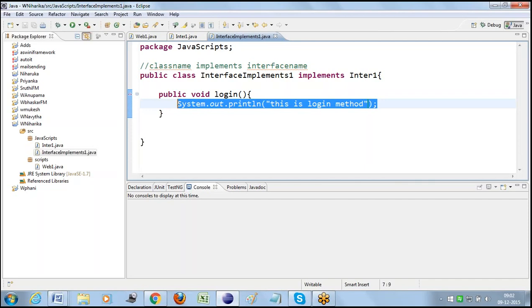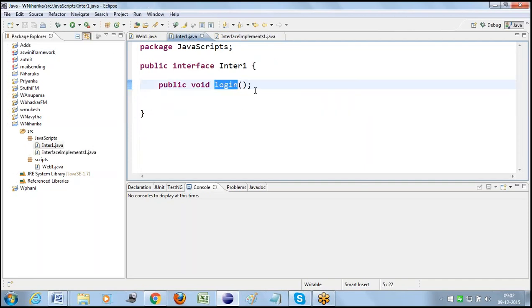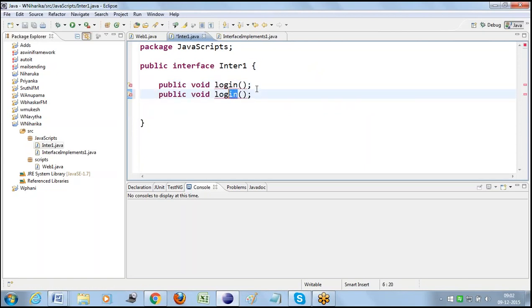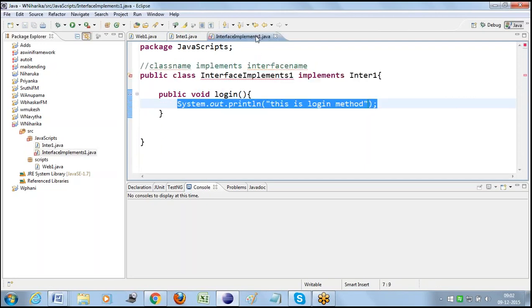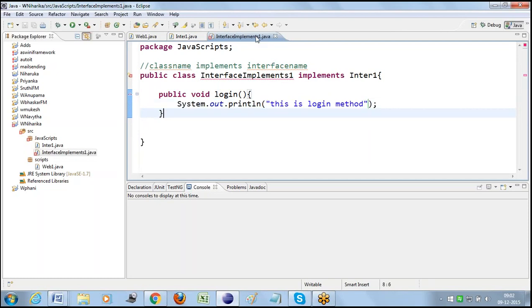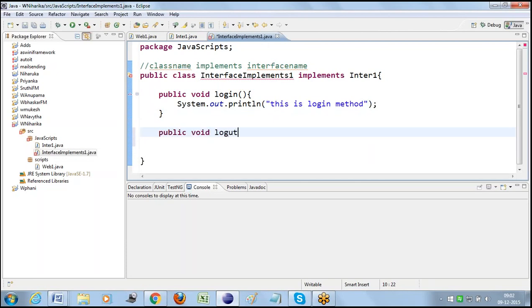I just specified that. Suppose in the interface I add another method, like public void logout. If you observe the class that implements it, it should implement all the methods. As another method got created in that interface, for sure we need to write the code for logout as well, like